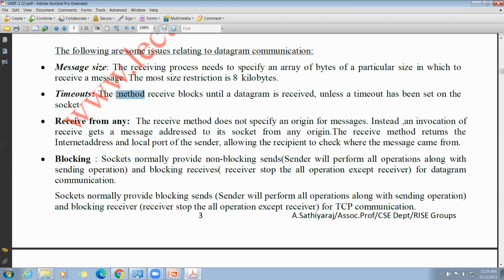Here, coming to the problem with this UDP stream communication case, the receive method blocks until the datagram is received, unless a timeout has been set to the socket. See, if we do not set the timeout, we can receive the datagram at any point of time if we do not set the time limit. Next, the third restriction is